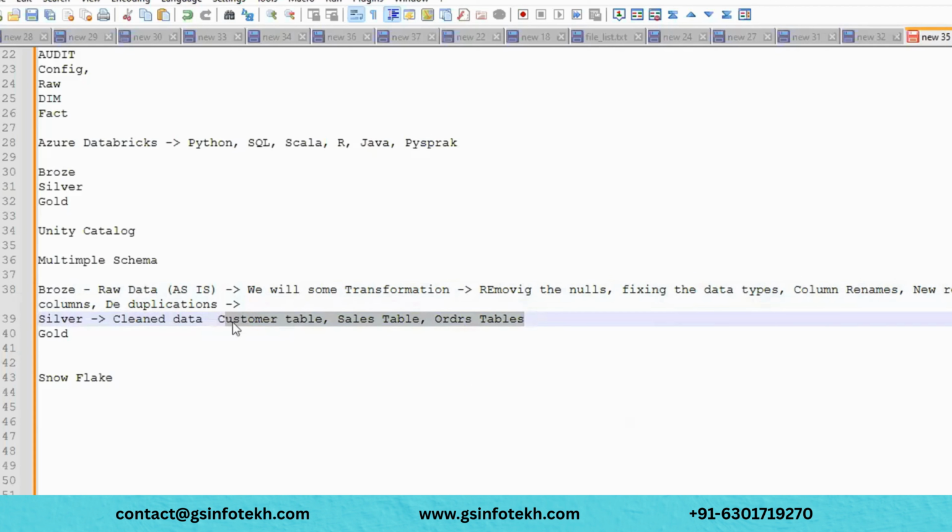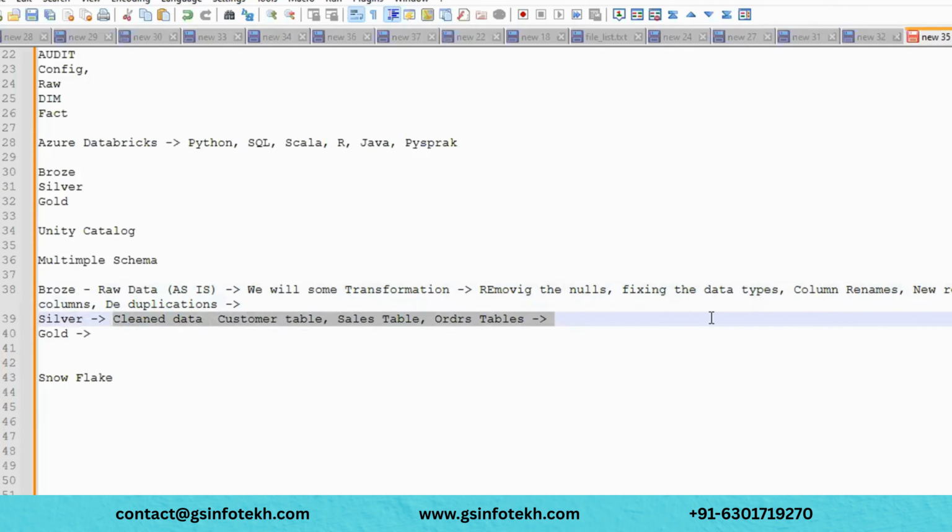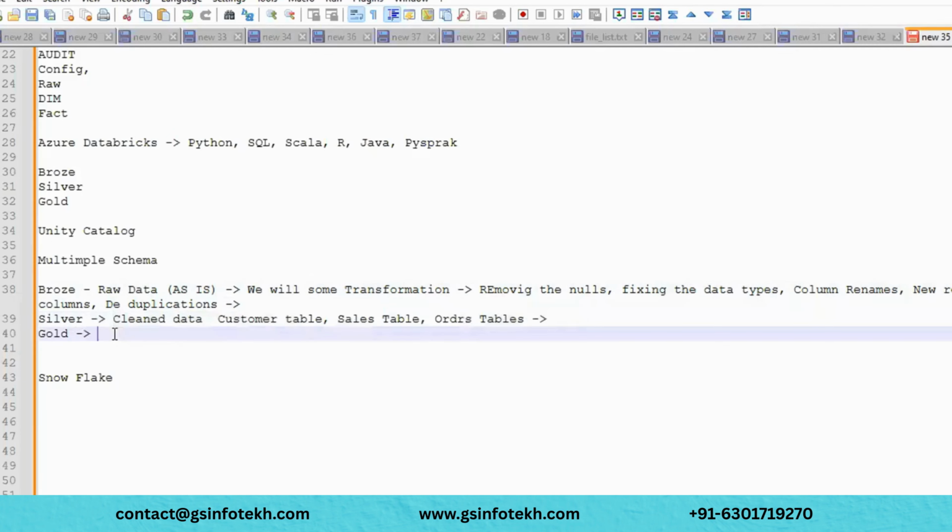Now what I need to do is join all these tables, select the fields I need from them, and then perform some group by operations and aggregation transformations based on the requirement, to produce the final report. Then, after applying all this transformation, I will store the data into the gold layer. Whatever data is required for your report will be moved into this gold layer under a specific table.